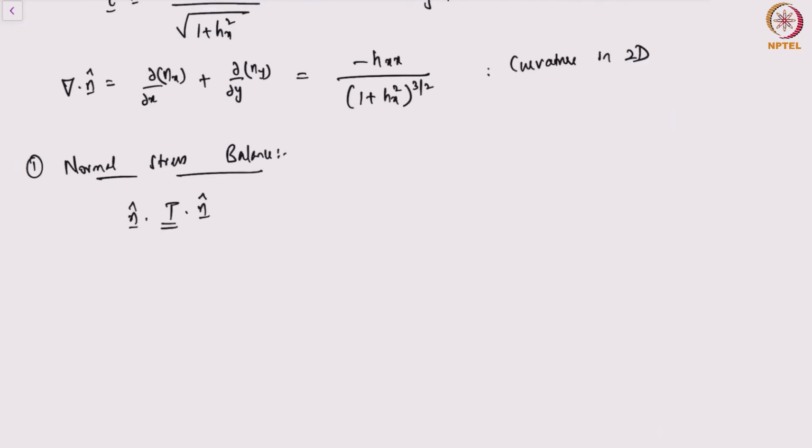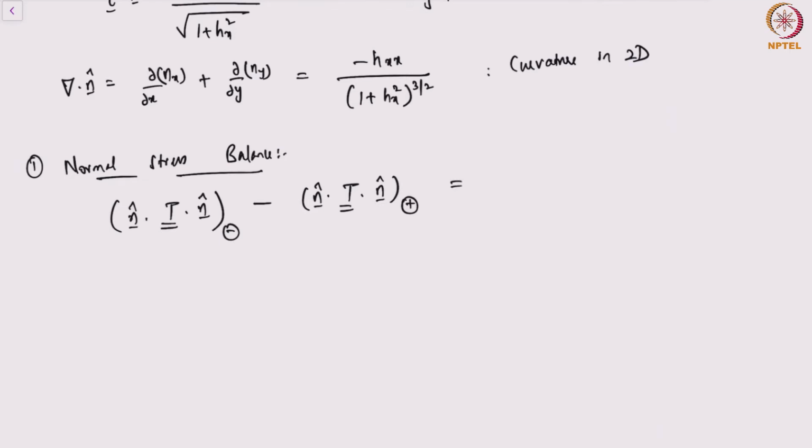For students who may not be familiar with this, please go back to the lecture a few weeks ago where we derived the jump conditions at an interface. So n dot T dot n minus